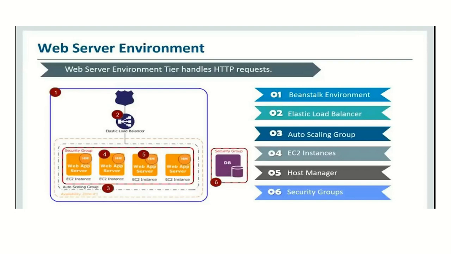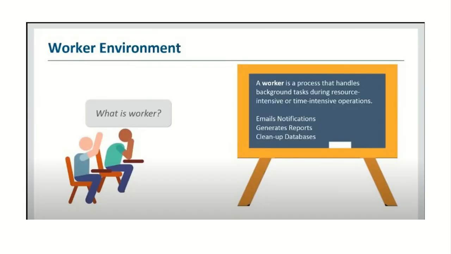Then we have security group. Security group is like a firewall for our instance. Not anybody can access our instance. It's just for security purposes. So Elastic Beanstalk has a default security group which allows clients to access our application using port 80. We can define more security groups if we need, and Elastic Beanstalk also provides us with an option where we can define a security group for our database for security purposes.